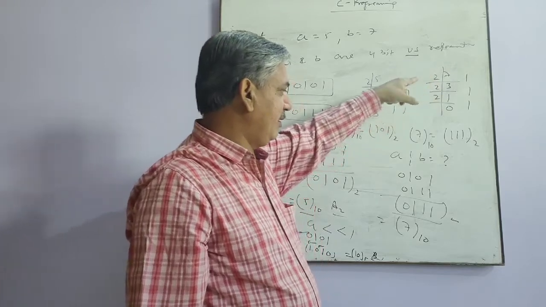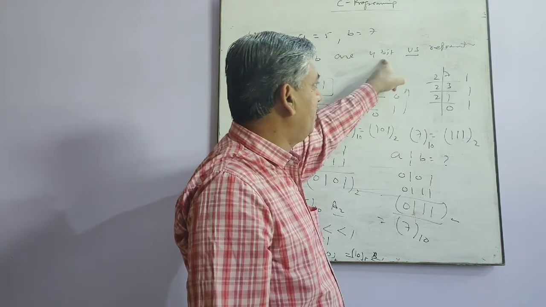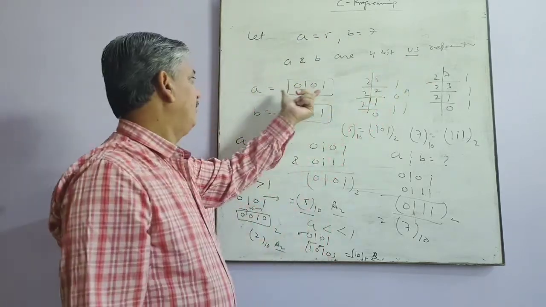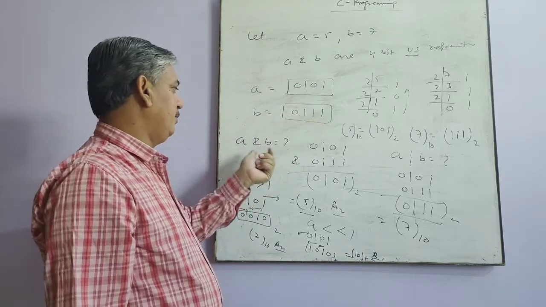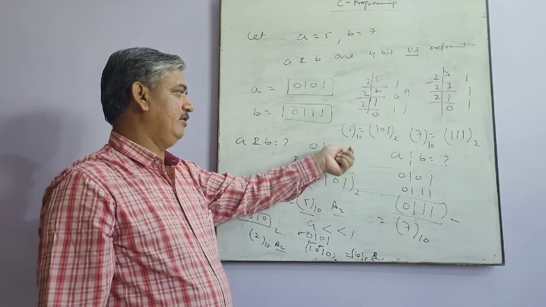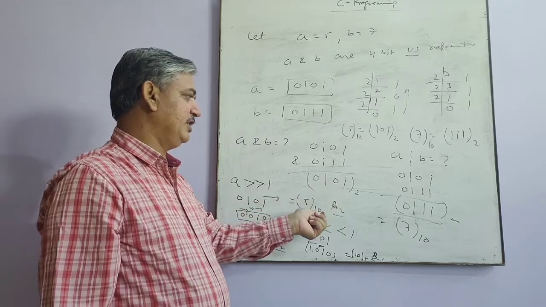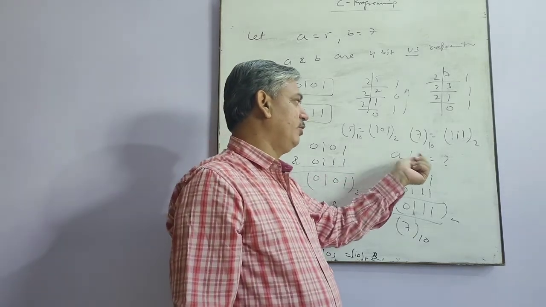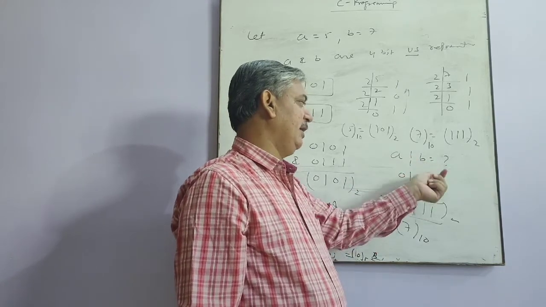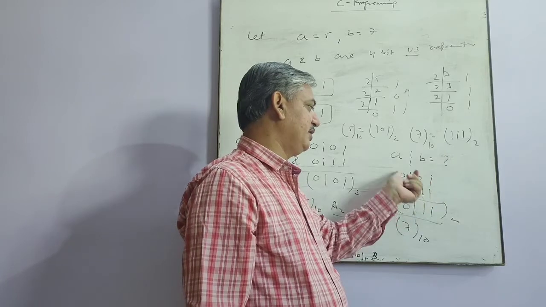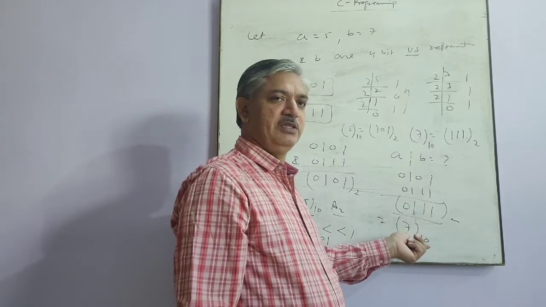So when we apply a bitwise operation, convert A and B into this 4-bit unsigned representation. This is the 4-bit unsigned representation of A, this is the 4-bit unsigned representation of B, and then apply the operation A and B. This is AND, applied on individual bits. We will get the answer in bits and convert into decimal. Similarly, when we compute A or B, apply the OR operation on individual bits. We get the result in binary and convert into decimal.